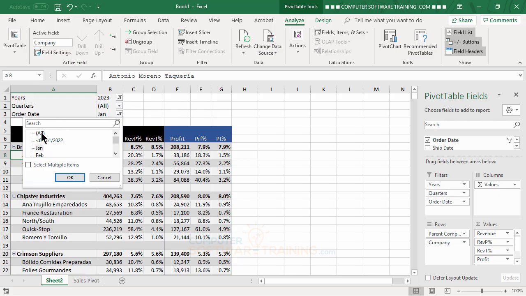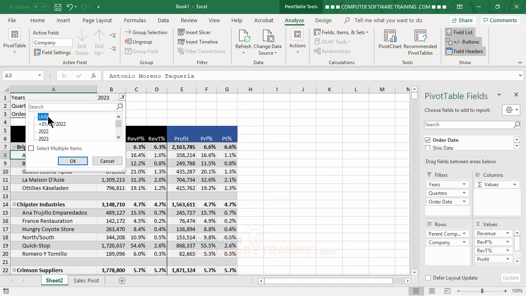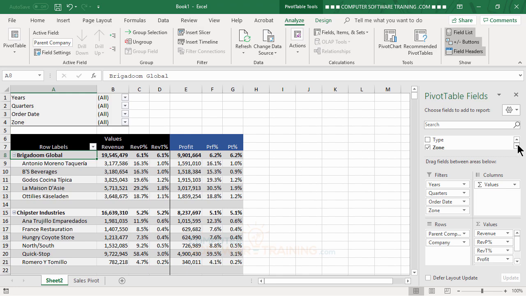Go back in there again, hit all, hit OK, goes back to there. Click onto here, click onto all, hit OK. Now I'm looking at all 5 years worth of data. Let's also bring in the territory or the zone. So we'll find zone here. We'll bring in zone underneath there, and then we'll bring in country